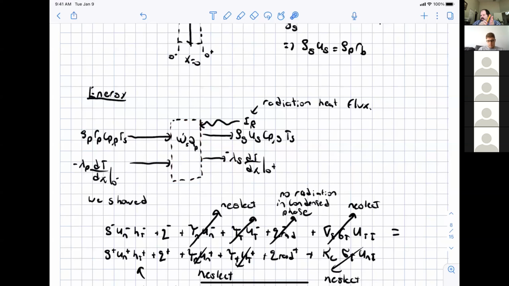So the gas phase temperature and the condensed phase temperature are both at the same temperature because it's physically the same point. It's just that the condensed phase side is a teeny little bit inside of the condensed phase surface, and the gas phase side is a teeny little bit on the gas phase side of the surface. We have the heat conduction fluxes, and then in general, you have intense radiation